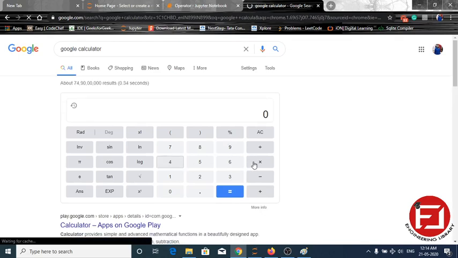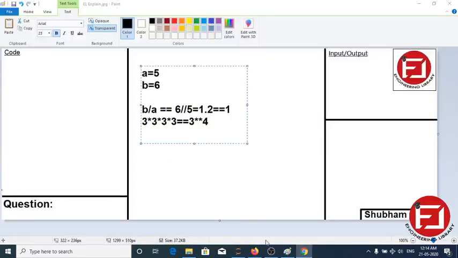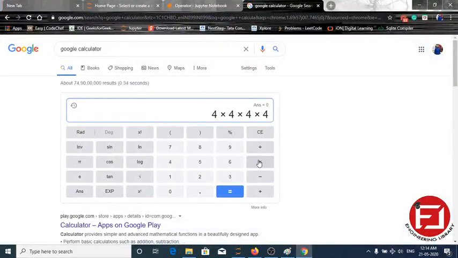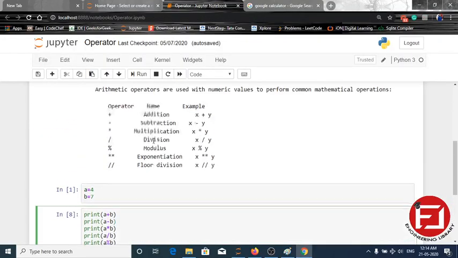It's lagging a lot. 4 into 4 into 4 into 4 into 4, 4 times, 5 times, 6th time, and it is the 7th time. 16384. So these are the arithmetic operations.